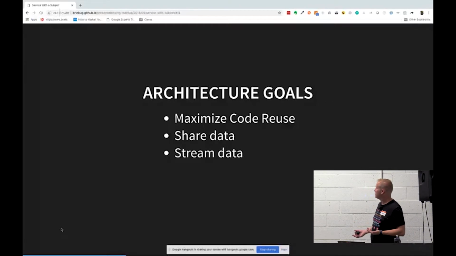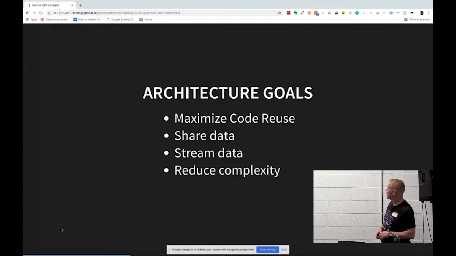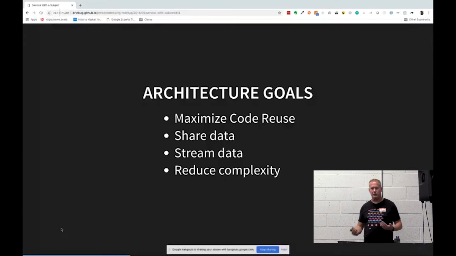And so really what we want to do is we want to stream the data. So when we get new data that comes in, we want to be able to update the stream, and then the stream updates and tells all the components, hey, you have new data, you need to go re-render yourself. And the other thing that we want to do, one of the goals of NgRx and why you'd even consider NgRx, is to reduce complexity. So even though we're not using NgRx, we still want to reduce complexity, right? We still want our applications to be simple, easy to work with, easy to maintain, and easy to extend.